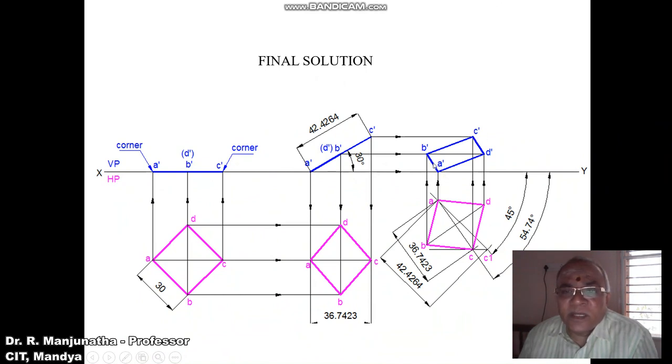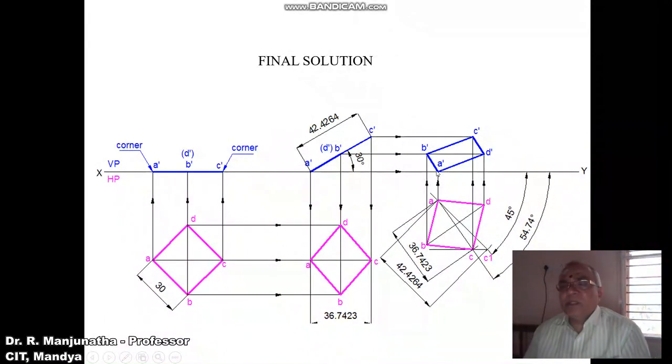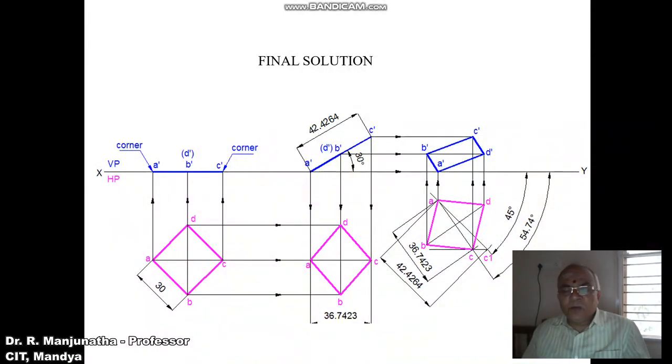Then join A dash to B dash, B dash to C dash, C dash to D dash, and D dash to A dash with a dark line. This is how we will be able to solve the problem in the sketchbook and show the dimensions of 45, and instead of showing 54.74, you mark that angle as beta, and this surface diagonal AC is inclined at 30 degrees to HP, and then this is the square of 30 mm. Since we have considered all the parameters which are given in the problem, the problem is